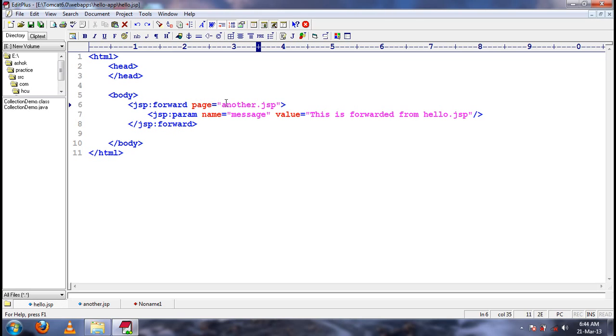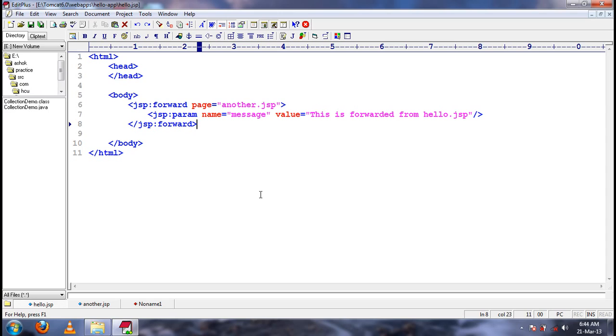Page represents the name or the URL pattern of the target. Inside the forward tag we can write a param tag with name and value to send some parameters.